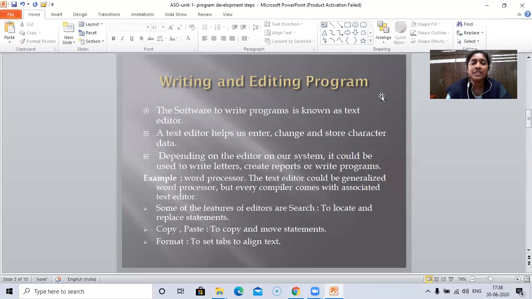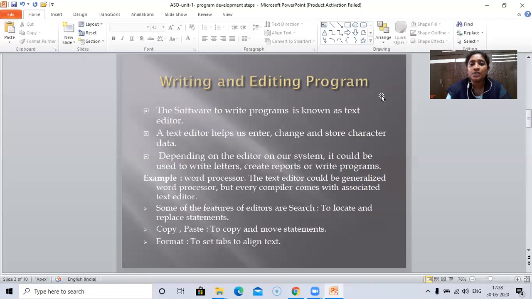A text editor helps us to enter the code, change or modify it if needed, and store character data. Depending on the editor on our system, it could be used to write letters, create reports, or write programs. Example, a word processor. The text editor could be a generalized word processor, but every compiler comes with an associated text editor.